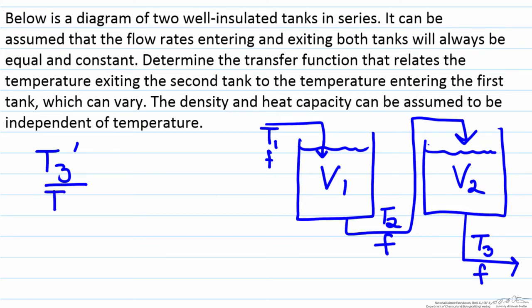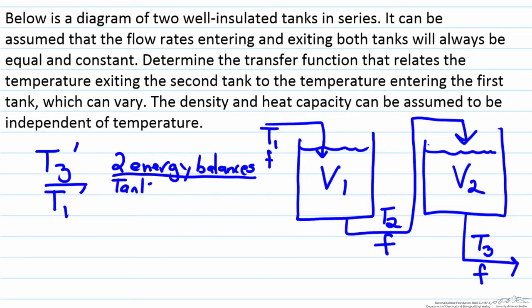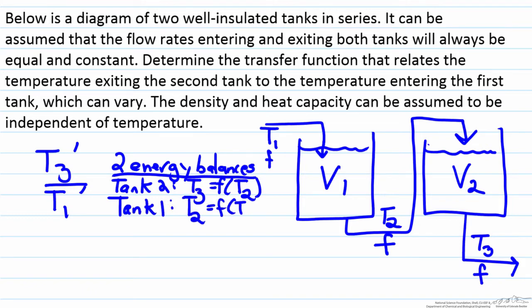vary, T1. So in order to do this analysis, we need to conduct two energy balances. Why? Because from our first balance, we'll be able to get T3 as a function of T2. So tank 2 will allow us to find T3 as a function of T2. However, because our goal is to find T3 as a function of T1, the second tank balance is insufficient. Why? Because T2 is a function of T1, and we can find this relationship by the energy balance on the